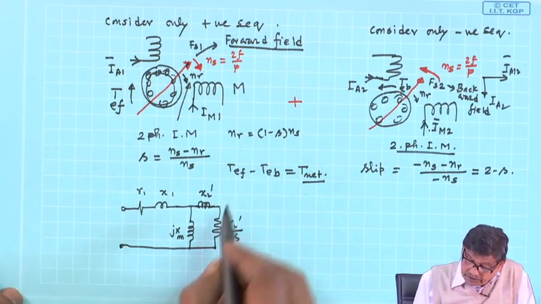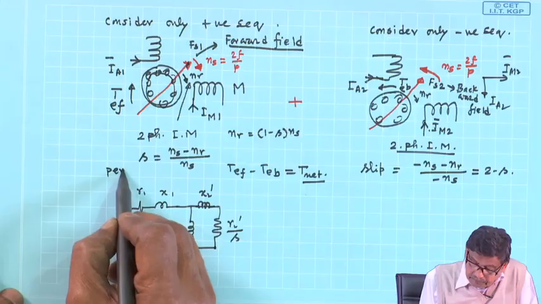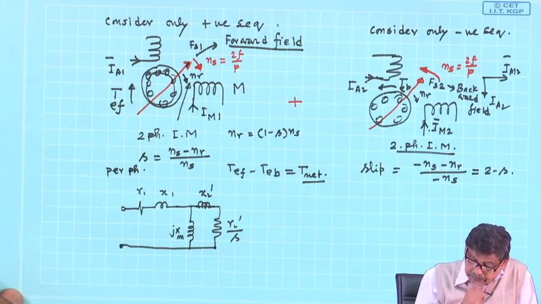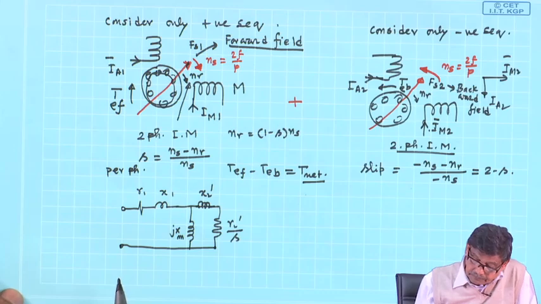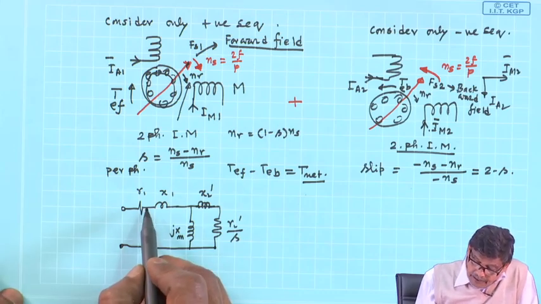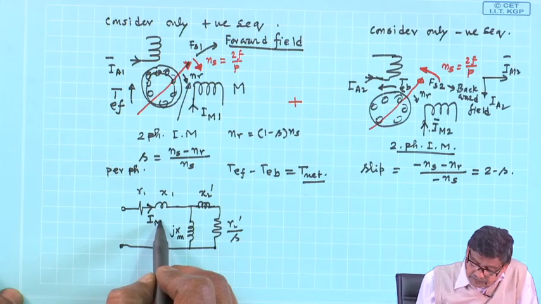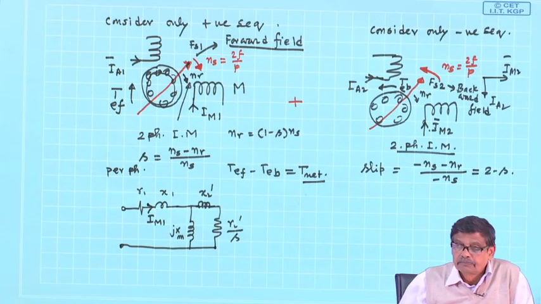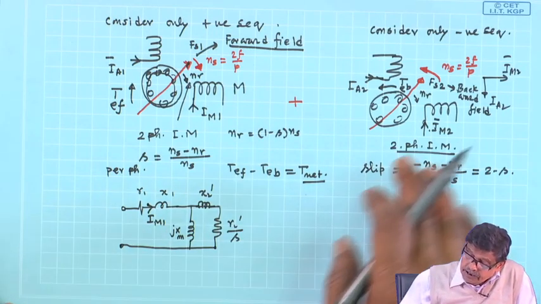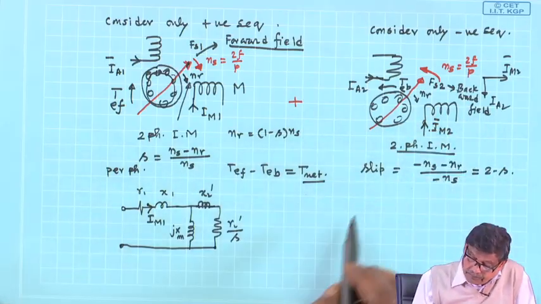Per phase equivalent circuit, per phase. And per phase current is Im1, that is all. Similarly, for this machine,